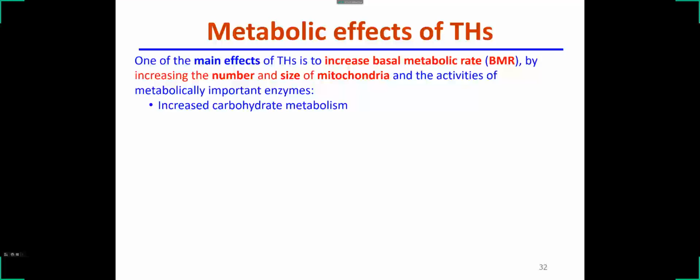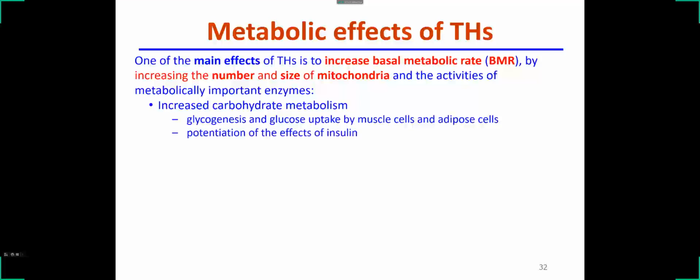So, we can alter our basal metabolic rate. We can change the increased number and size of the mitochondria. And this is done by increasing carbohydrate metabolism, by altering glycogenesis and glucose uptake in muscle and fat cells, by altering the potentiation of the effects of insulin,